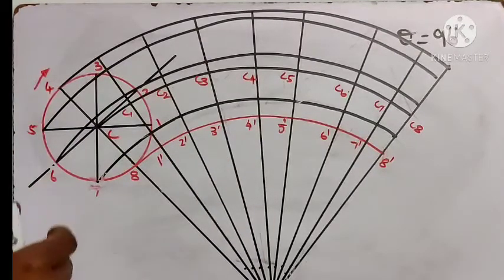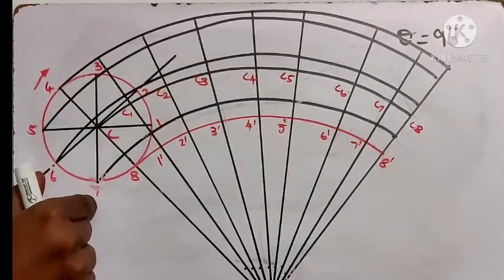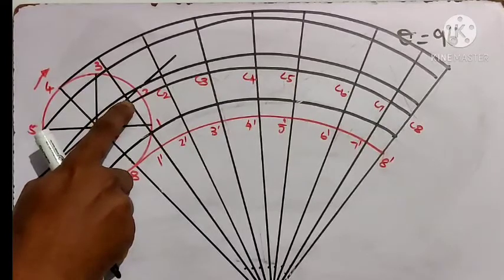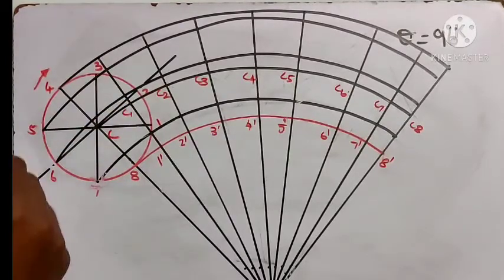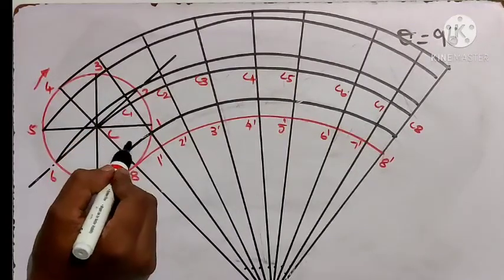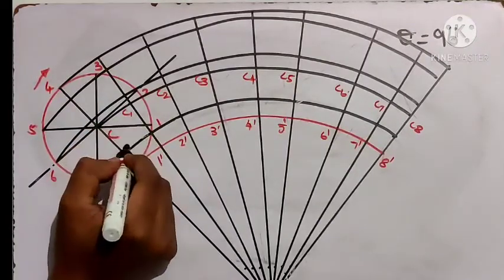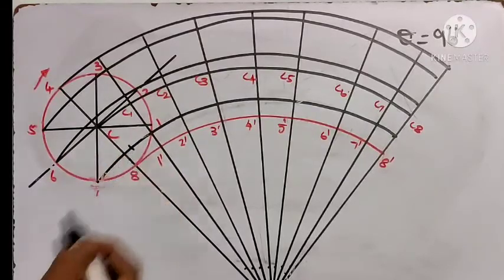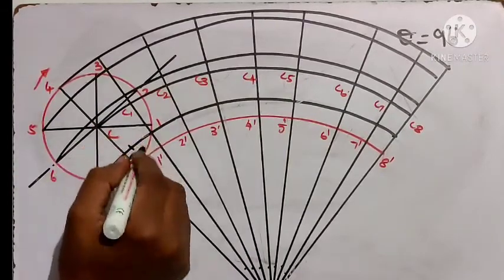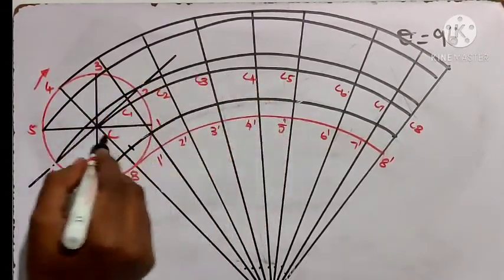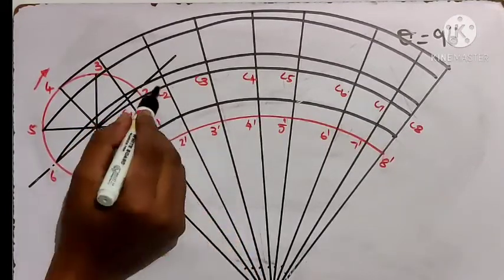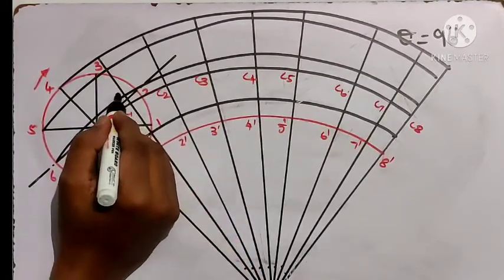Okay. So the radius should be the radius of the generating circle, which is nothing but 20, and with C1 as the center, you need to make an arc on the arc passing through point 1. So this is the center, you need to make an arc on this arc. Okay. So something like this it will come. And similarly with C2 as center, you need to make an arc on the curve passing through point 2. So this is the curve passing through point 2. So C2 is here. If you do, you will get something like this.